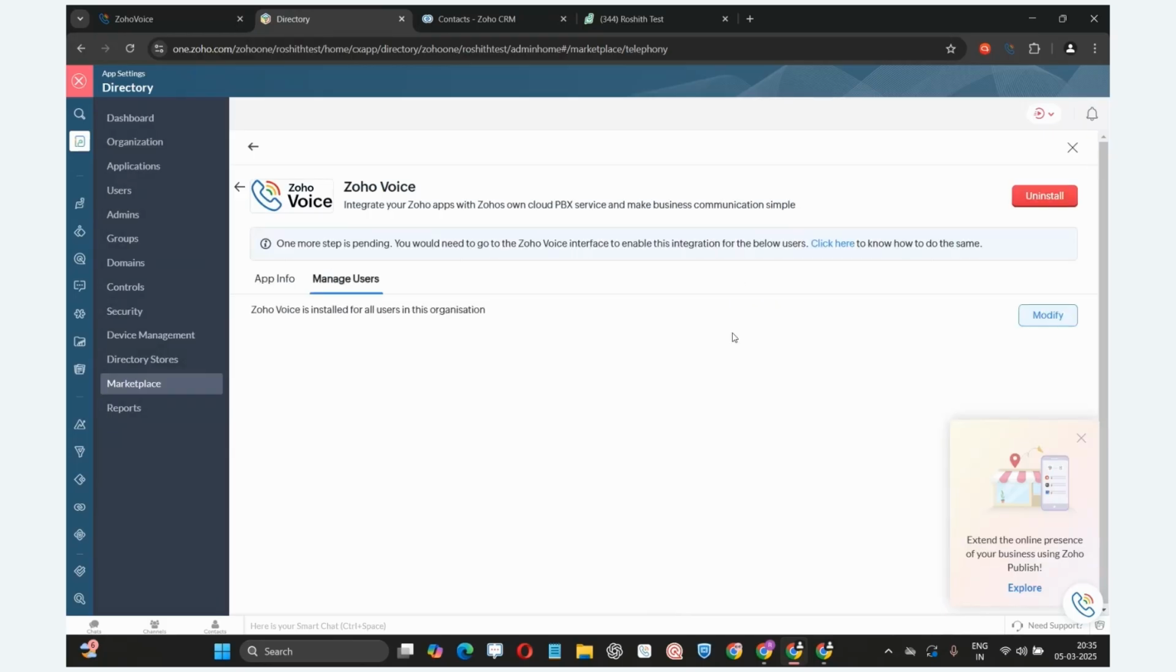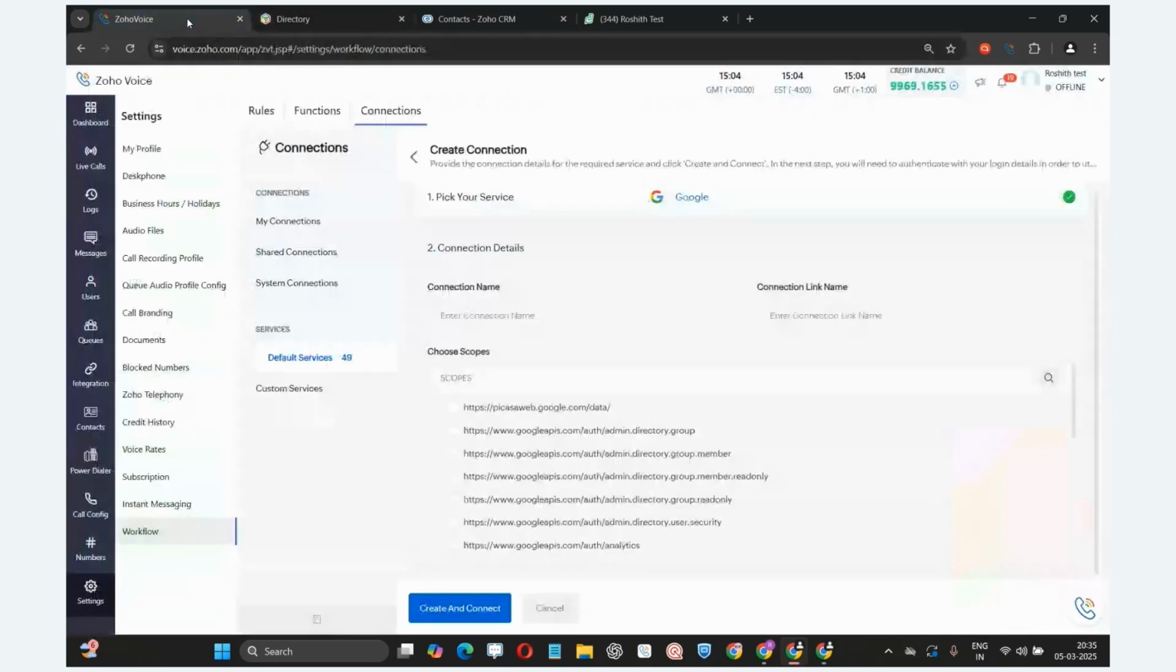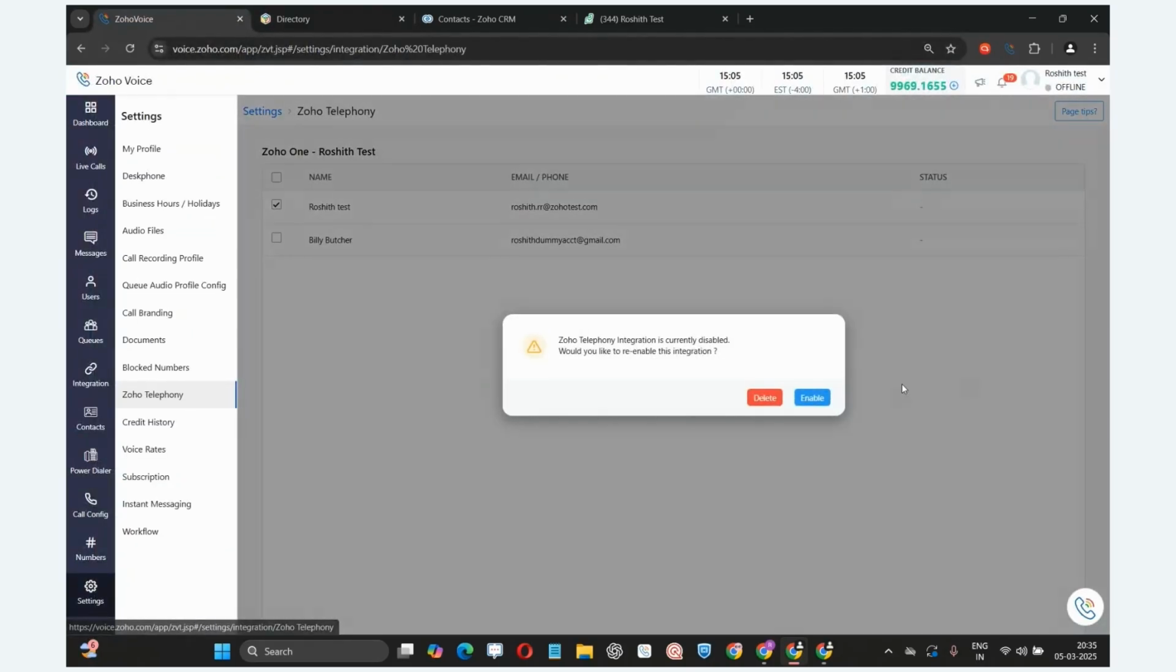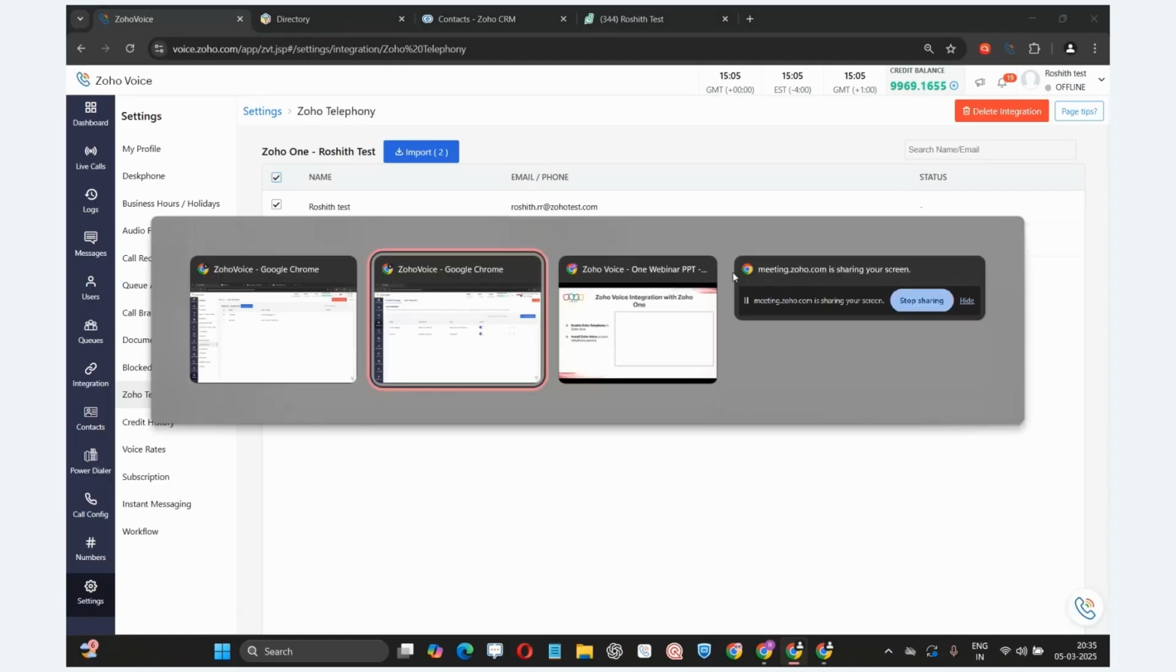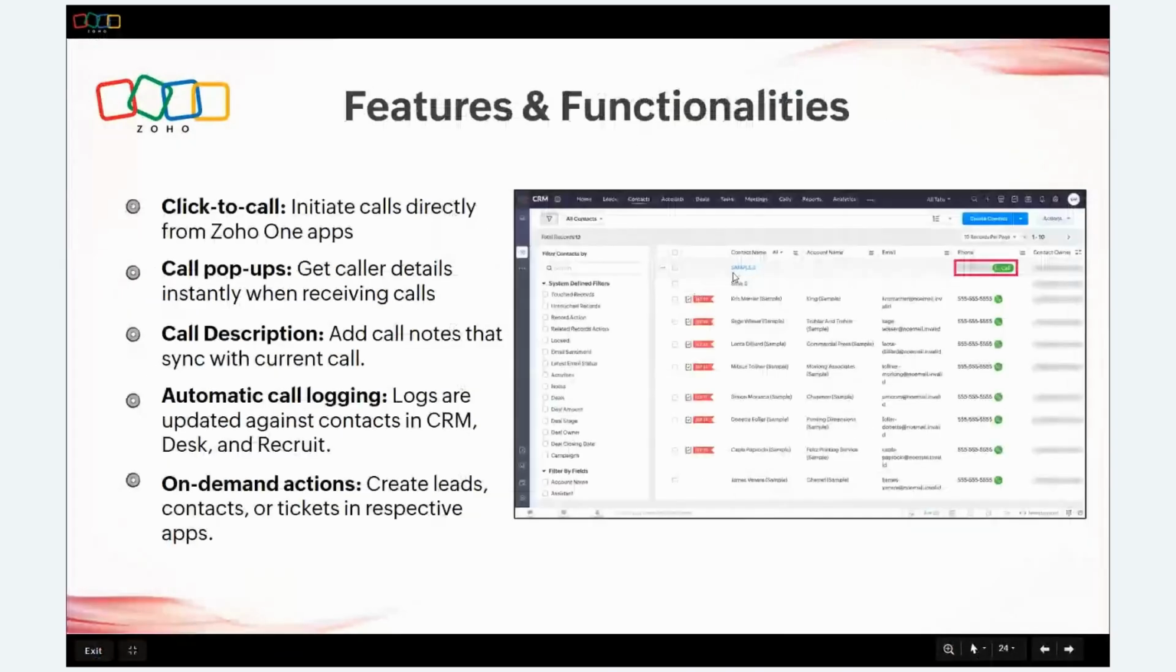So once you have completed the installation, go back to the Zoho Voice portal, go to settings, go to Zoho telephony. And now you'll find the option to bulk import your Zoho One users as telephony agents in Zoho Voice. So these imported agents won't have access to this Zoho Voice portal. Instead, they can make calls directly from the integrated app using the inbuilt dialer, which will be dark green